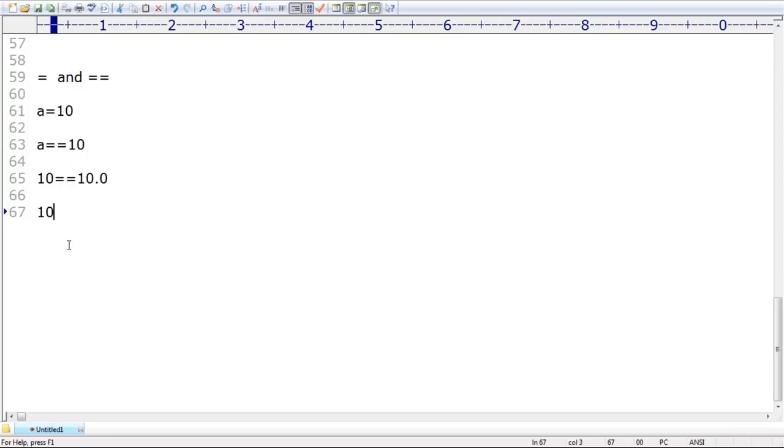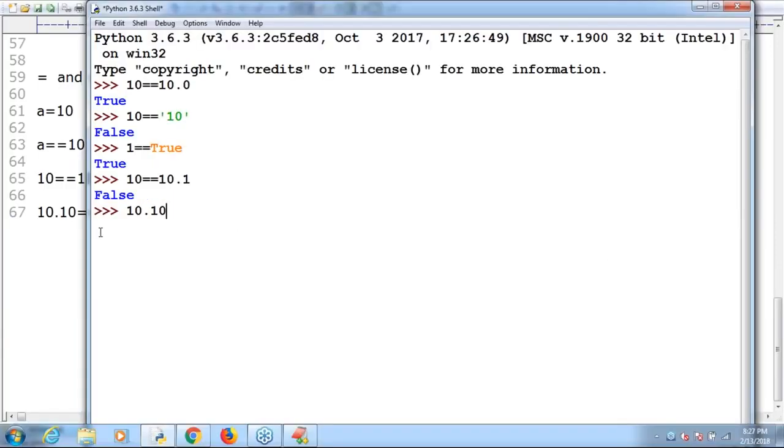Next, one question: is 10.10 double equal to 10.1 or not? What answer can you tell?